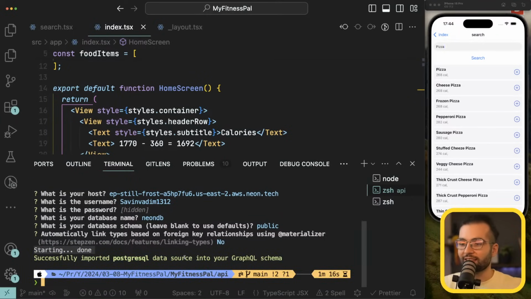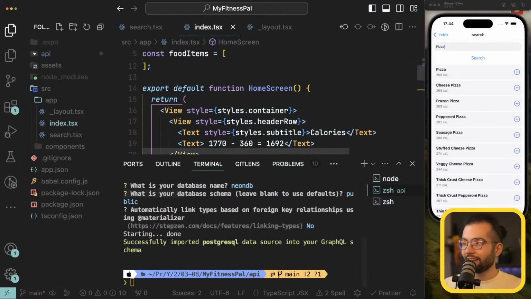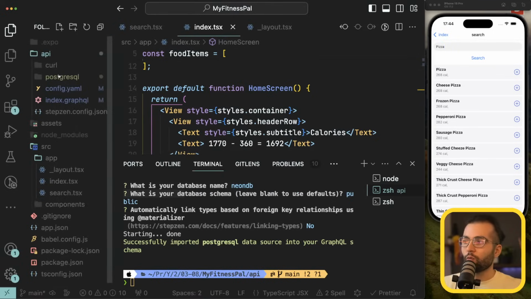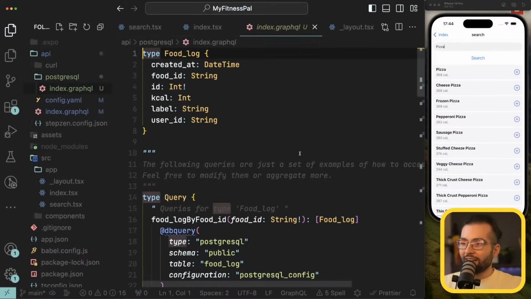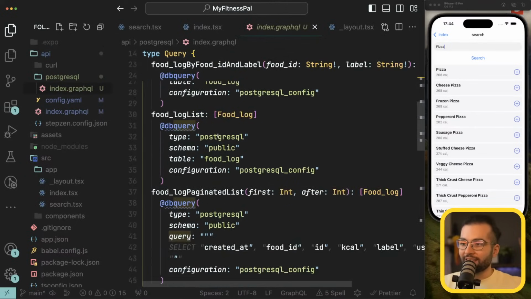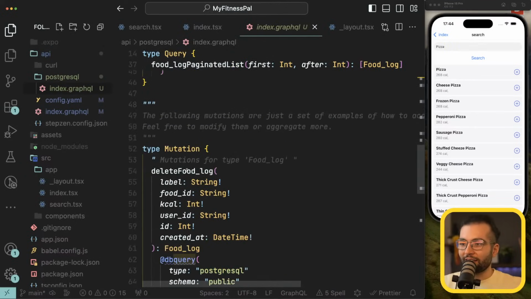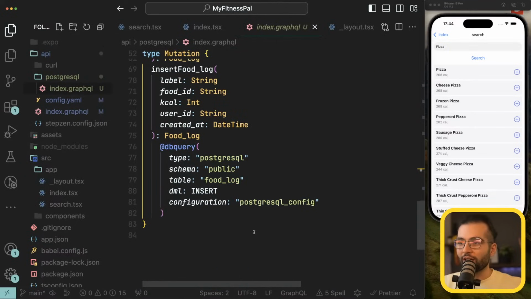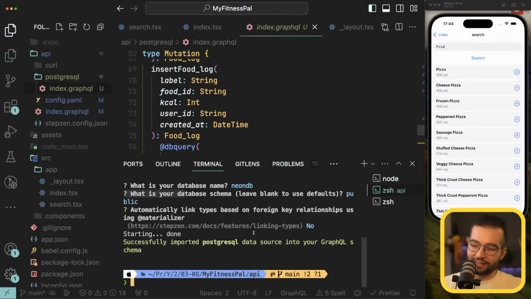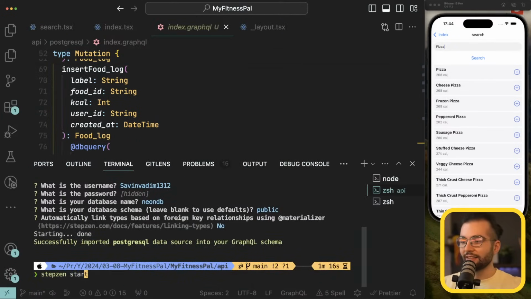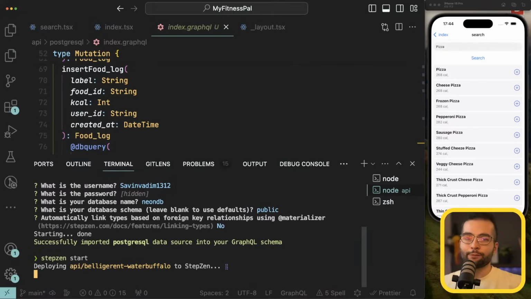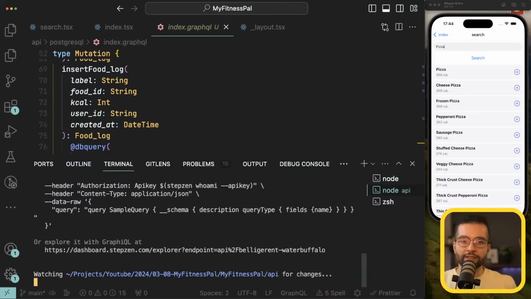and is doing the same process as it was doing before. It's connecting, it's analyzing the schema, and it's generating our GraphQL schema. Now if we open API, we see a new folder called Postgres. If we open index, we see here queries and also mutations to create and delete food log entries. The last step to do is go ahead and run StepZen start to take these changes and deploy them to StepZen